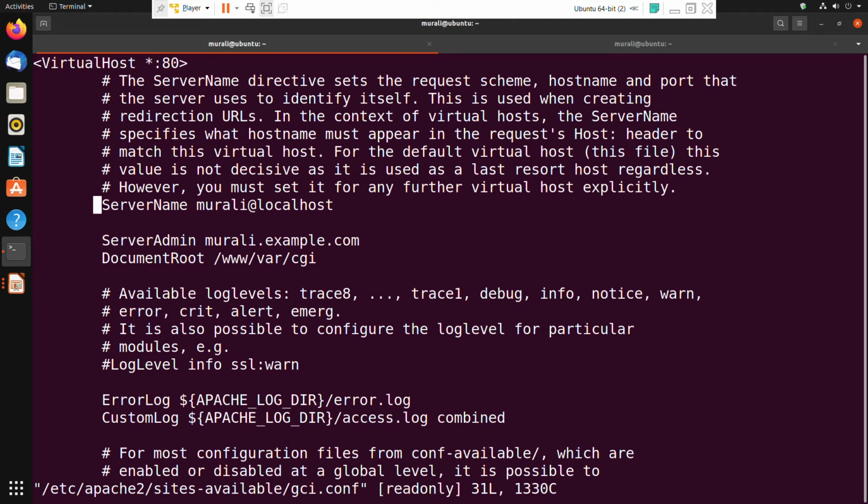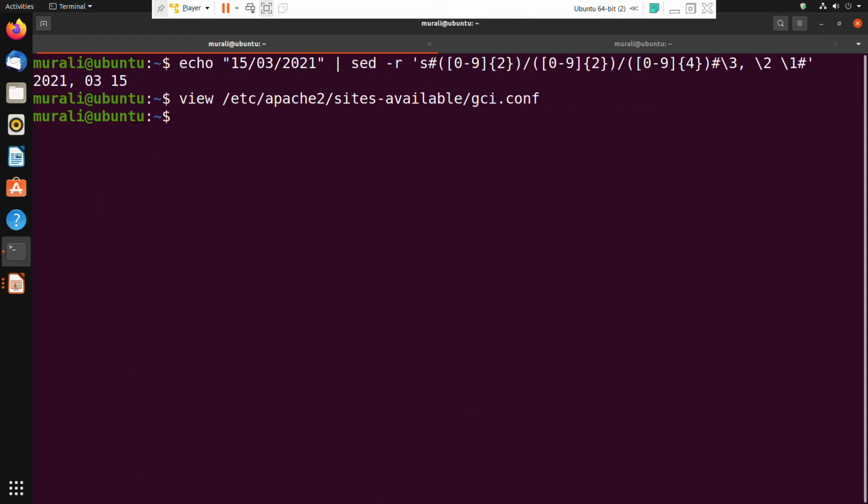Maybe I want to edit it to my customized requirement. So how do we edit it? Let us see, with the help of a shell script using sed, how do we edit this configuration file non-interactively? I'll just clear the screen first.